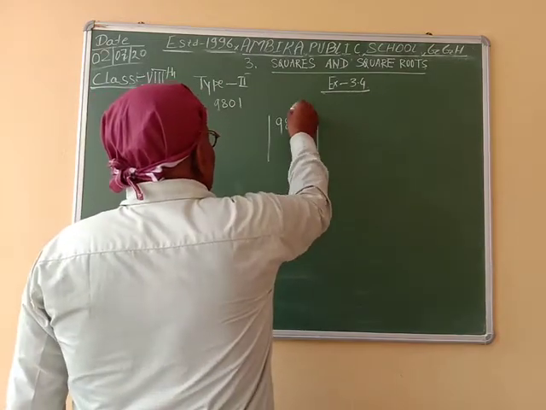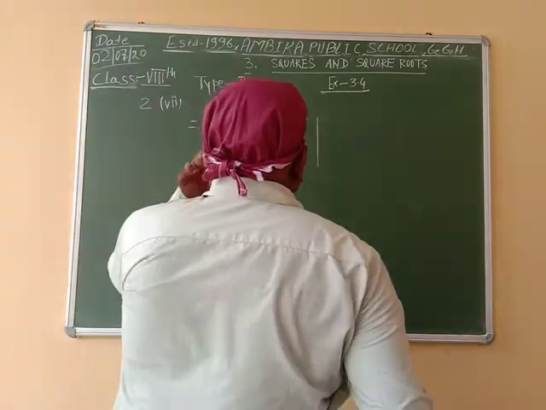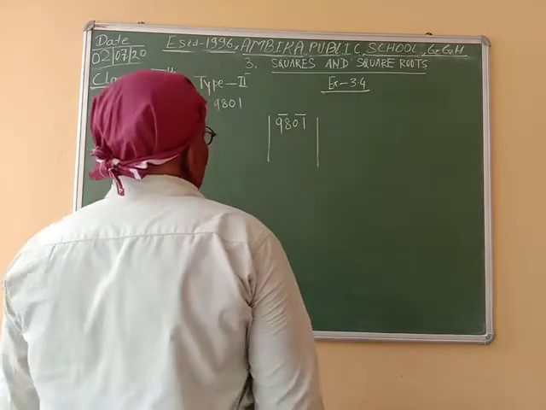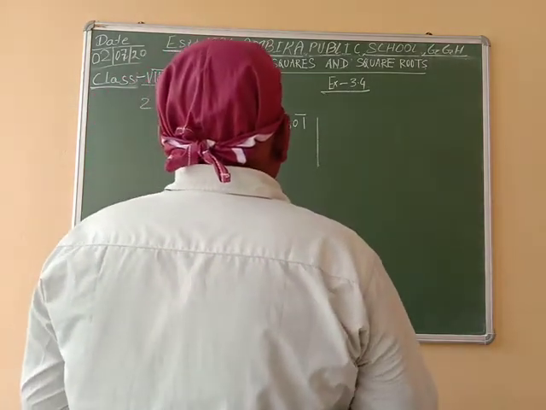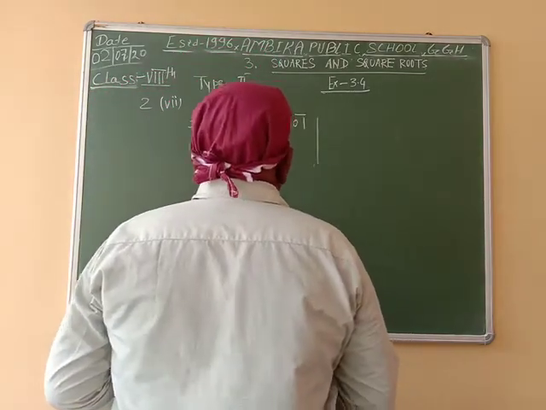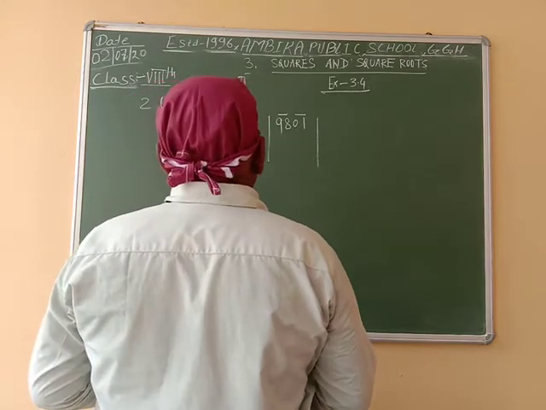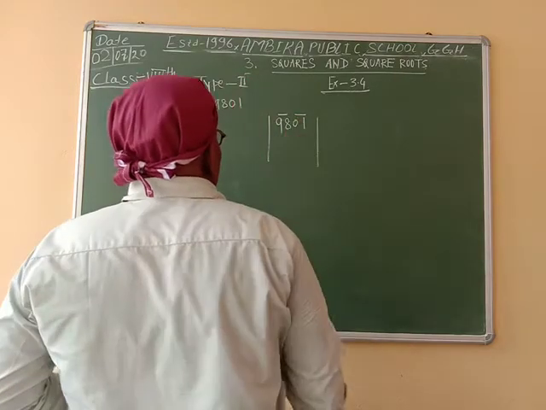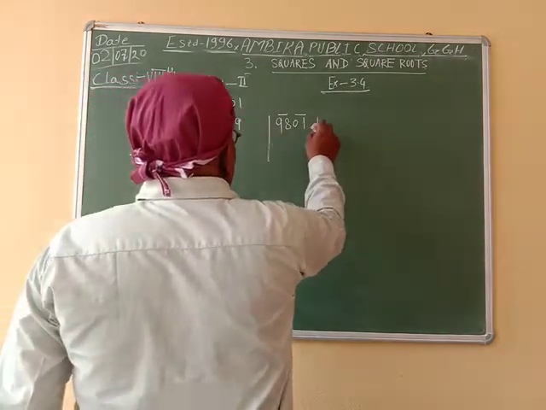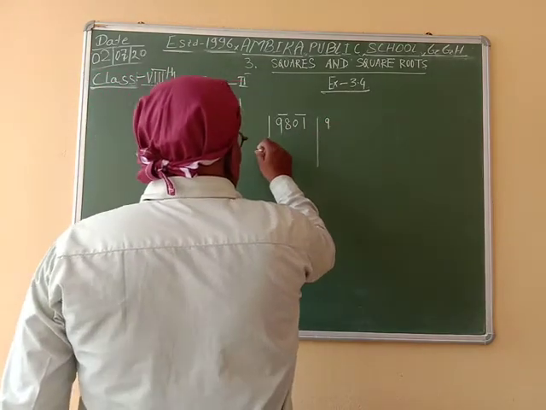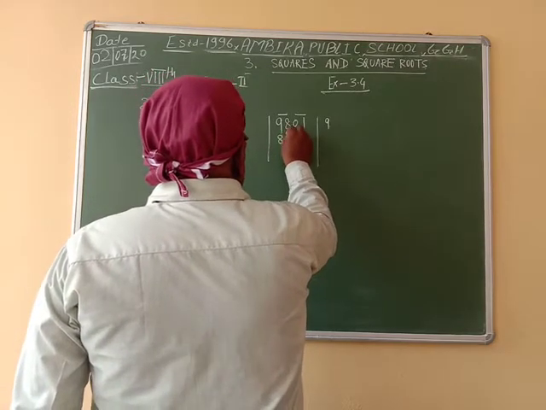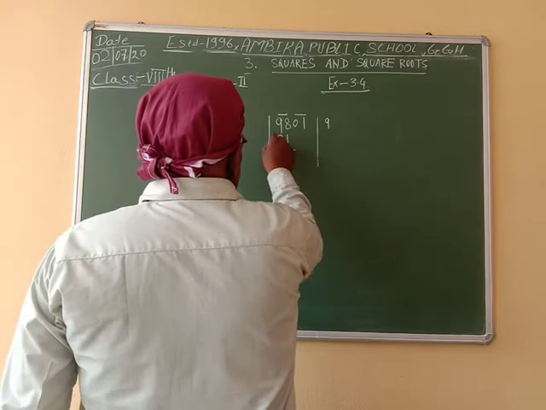Make a pair, and after that we divide by such a number whose product is less than or equal to 98. This number is 9. If we multiply 9 by 9, we have 81 as product, and after subtracting,